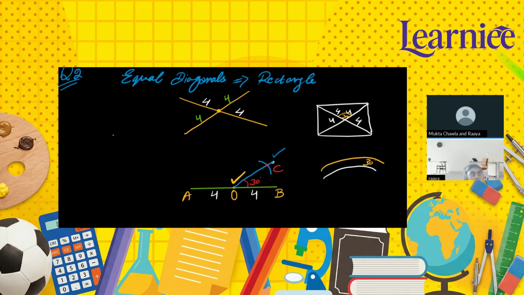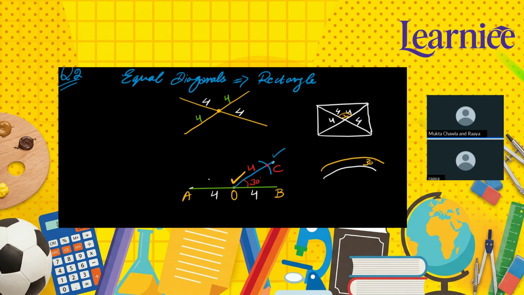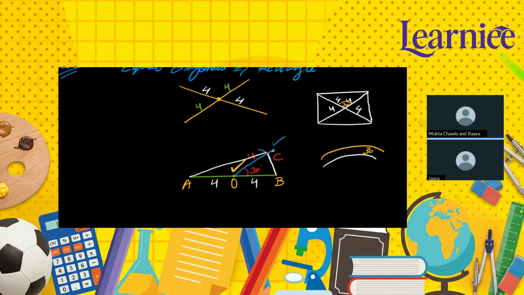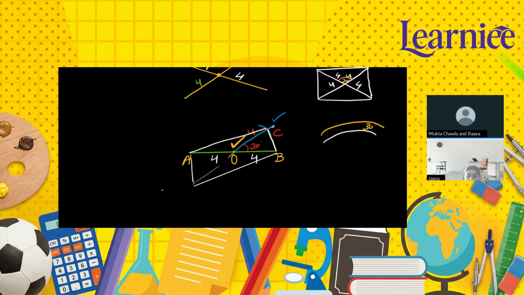Now what are you supposed to do? Can I write here as 4? Will that be fine if I write 4 over here? Yes, ma'am. Now we can join the lines, right? And since it is a diagonal, you will be joining it like this. This point, this point. Also, you will be extending it further. Understood? From here also, you will be extending the line up to 4 centimeters. And then you will join the points like this, and this. Are you getting me?